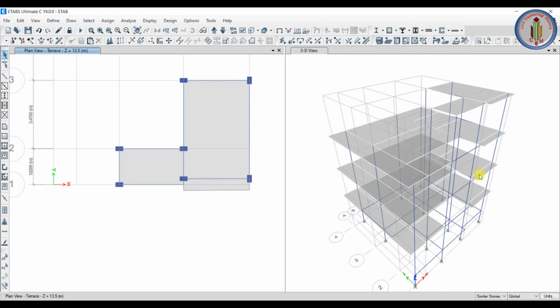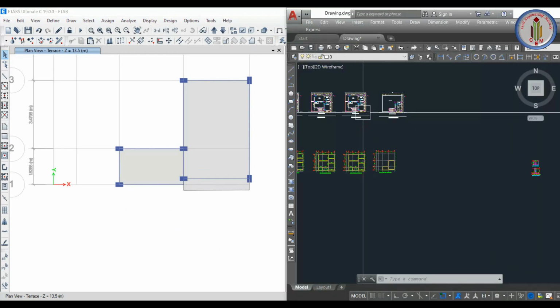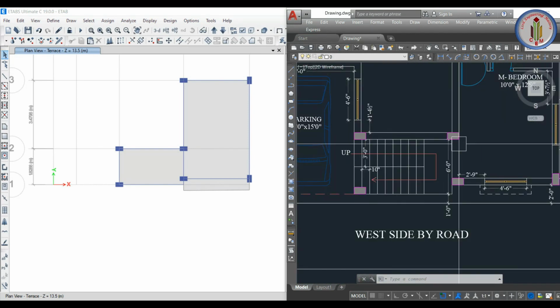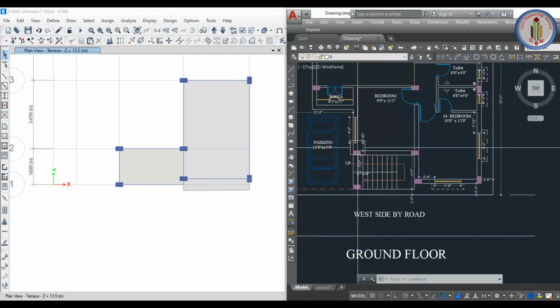So now we need to add the staircase and add the mid landing beams. So let me show you the staircase drawing. So we have staircase like this. So we will be having at this place mid landing beam, and then this place there will be a roof level beam. So that is the support for staircase. So this mid landing beam we need to add at 1.5 meter level in each floor.